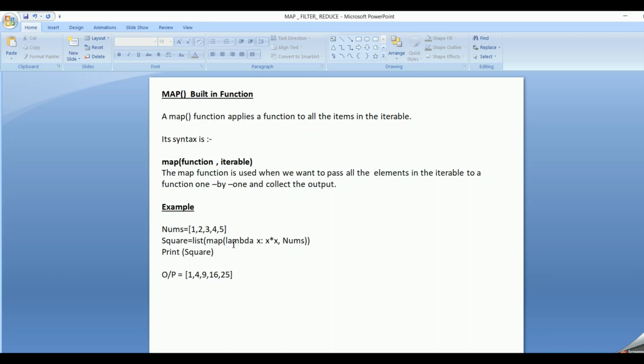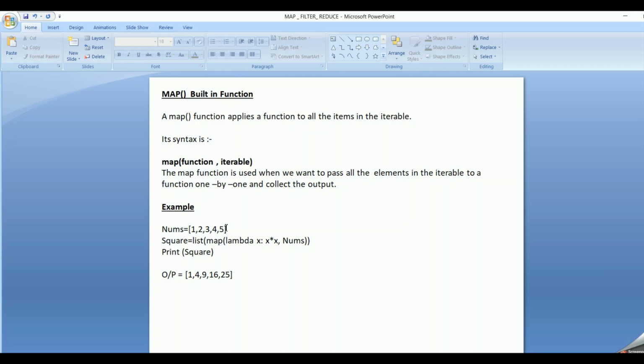So for this, let us consider an example where we have an iterable called nums, which is a list comprising 1, 2, 3, 4 and 5. Now we want to apply a function to each and every item in the iterable. What is the function we are referring to over here? I want to find the square of the numbers present in the list.